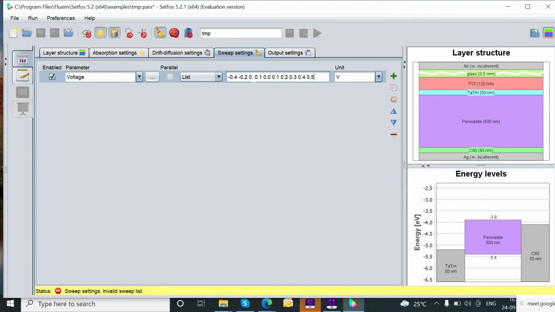Or in the form of list where you can define particular points. So suppose you would like to define the point 0.4. Suppose from -0.4, -0.2, at particular steps you would like to print your data. You would like to run the calculations and want to print your data at that particular points. So that's why you can define the each step points.